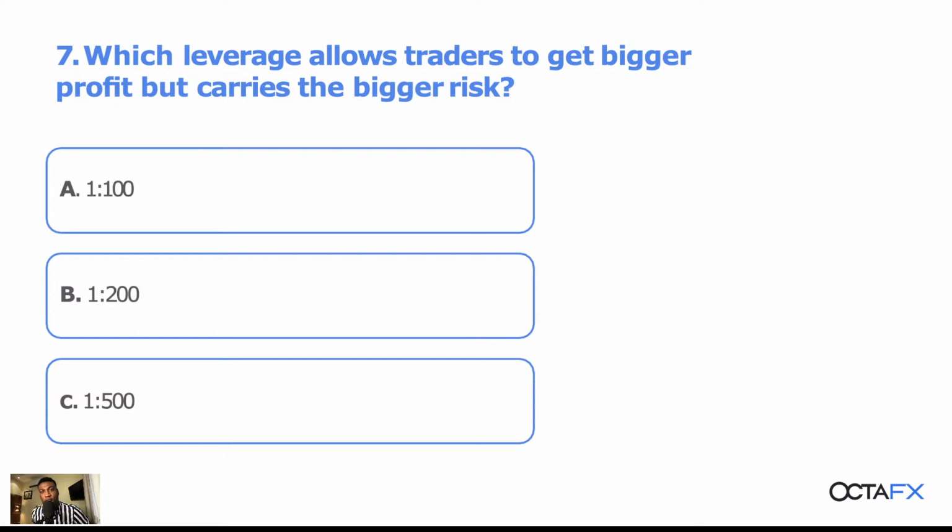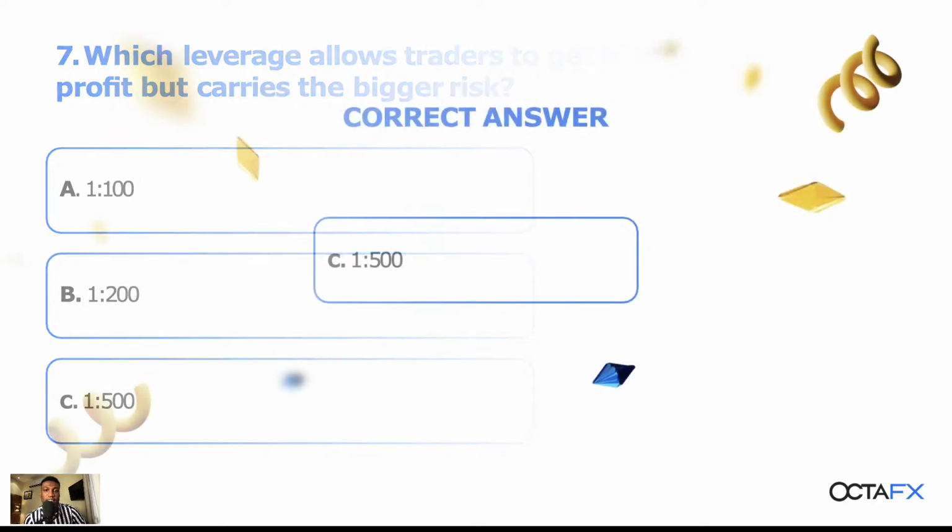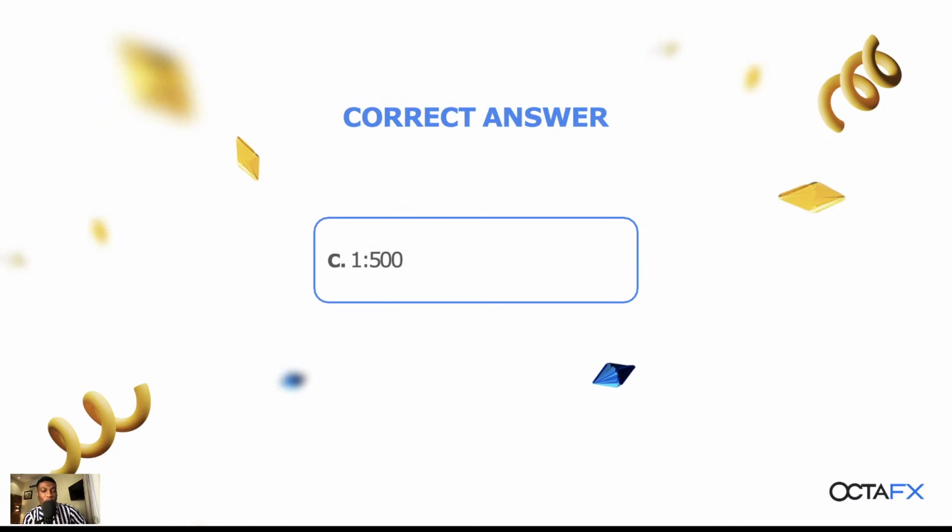Which leverage allows traders to get bigger profit but carries the bigger risk? A 1:100, B 1:200, and C 1:500. Only one of these options can be correct. Is it A, B, or C? Let's see. Which one is correct? C. The correct answer for number 7 is C,